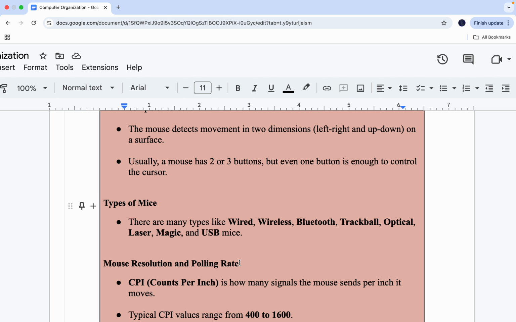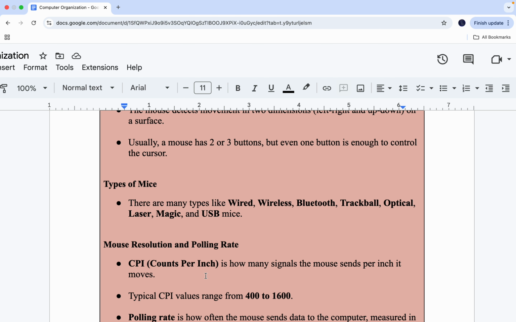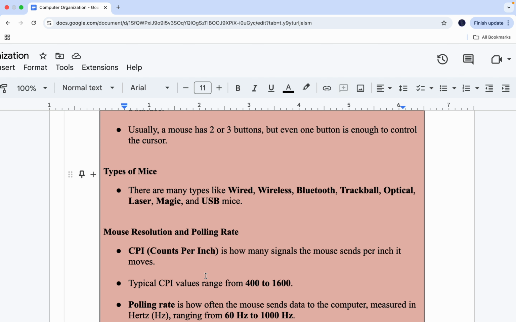Types of mice. There are many types like wired, wireless, Bluetooth, trackball, optical, laser, magic, and USB mice. Mouse